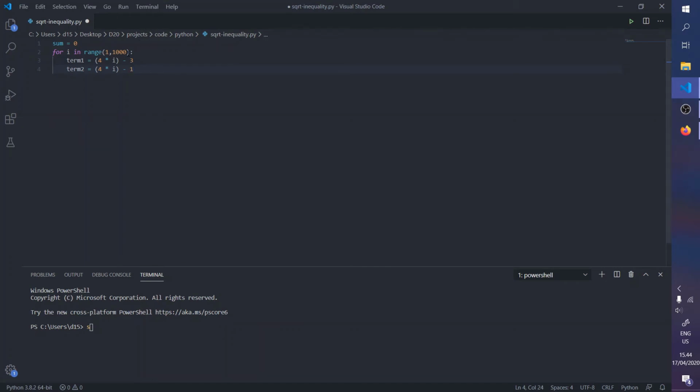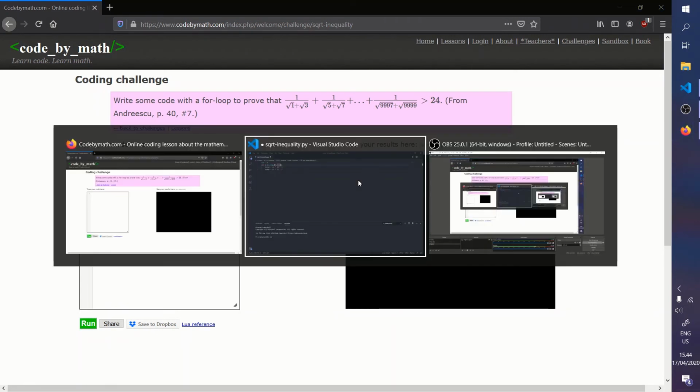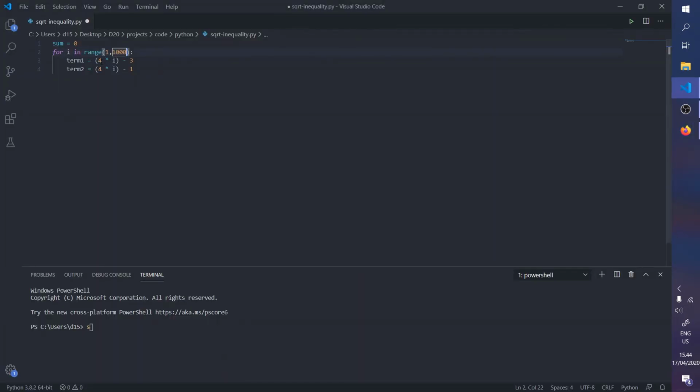And so if you're going to want to do this up to 9,999, since we're multiplying i by 4, you're going to want to do say up to 10,000 divided by 4, right? Which is 2,500. Since this range goes from 1 to 2,499, we can make that 1 more. And then you're going to